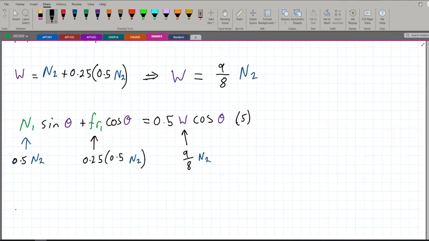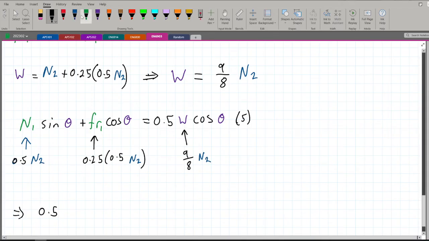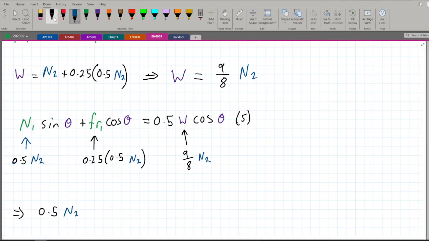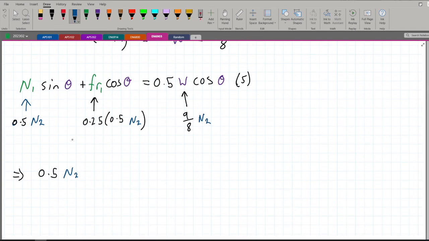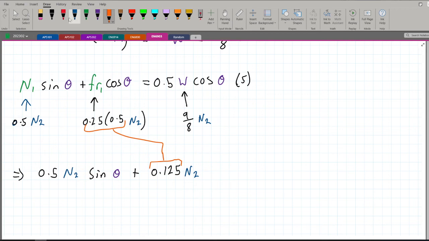So if we rewrite this equation now, we're going to have 0.5 N2 sine theta, plus FR1, which is 0.25 times 0.5. I'm just going to simplify that. 0.25 times 0.5 is 0.125. So 0.125 N2. All right, again, don't get confused. I just did the multiplication and I got 0.125 N2 cosine theta